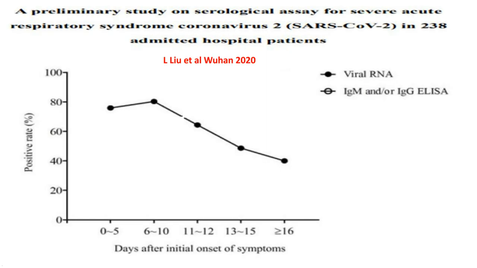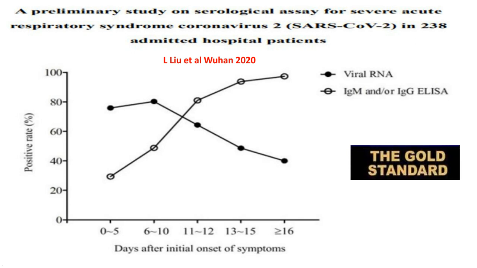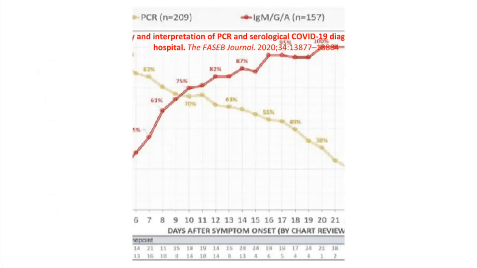From Wuhan, the report had already indicated that RT-PCR was less than perfect as far as detection of coronavirus was concerned. And Liu indicated that if you wanted to have better diagnosis, then you need to add serology after 9 days or so. So it meant that it was not the gold standard that we were looking for.